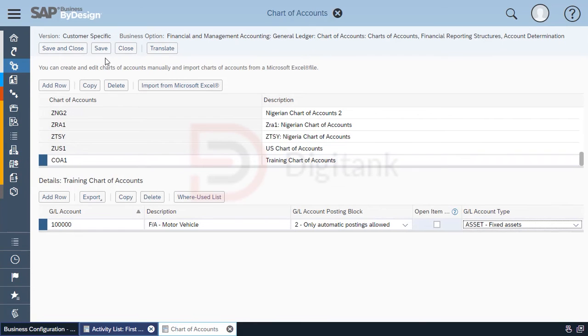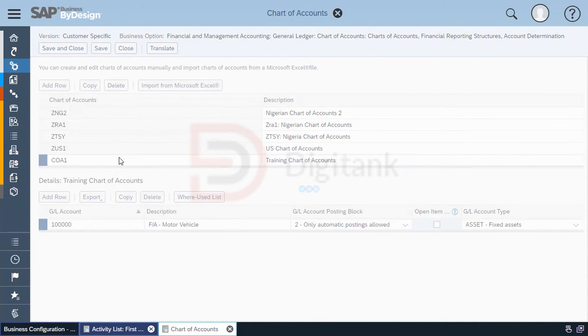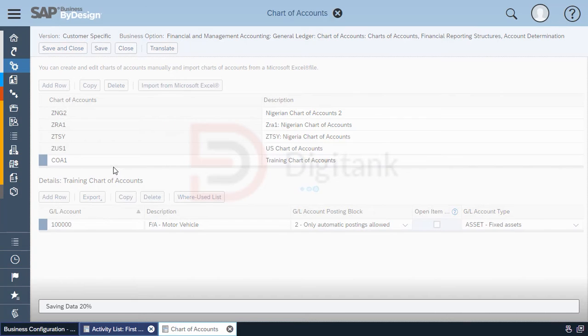So now once you have saved this, the GL account is added to your chart of account. There's also the option to import from Microsoft Excel, in a case where you can download the template, populate it with your list of accounts, and then upload the template on the system such that the chart of account is updated with the information contained in the template. To do that, first